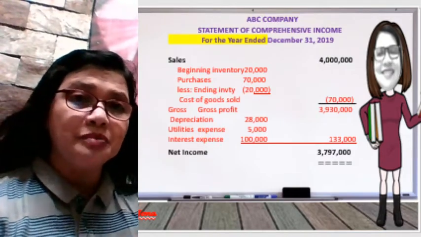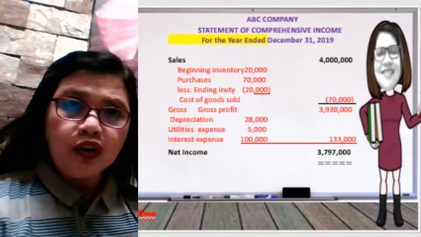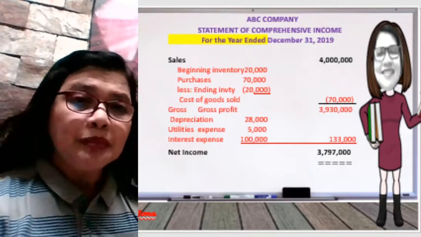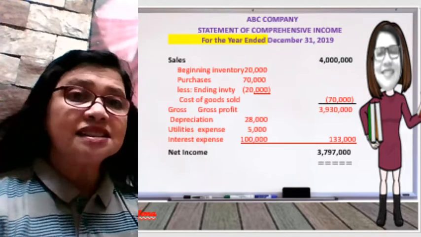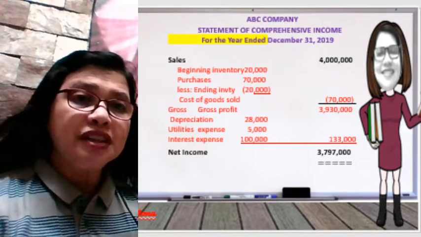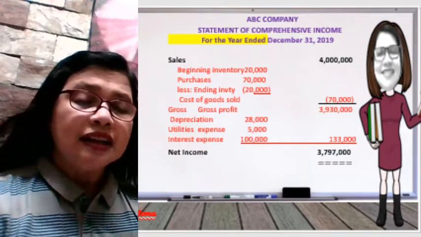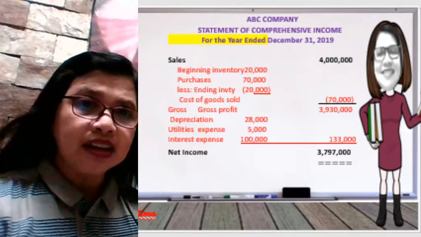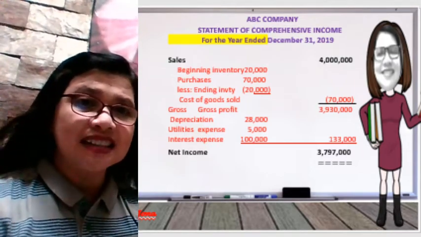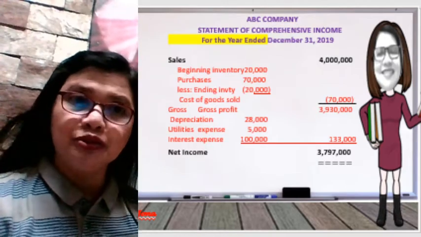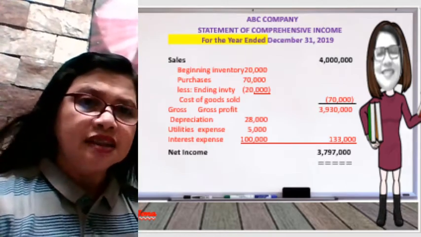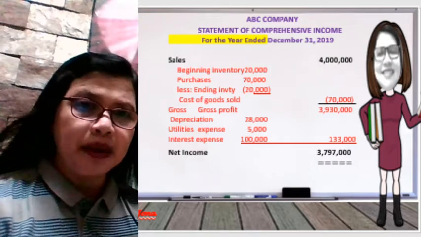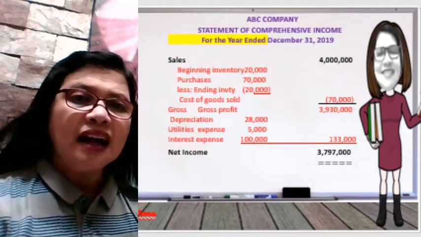It begins with the beginning inventory of 20,000 plus the purchases less the ending inventory, which will give you the cost of goods sold. Minus it from the sales, you get the gross profit. Minus the expenses. So we have here the depreciation. Don't forget the depreciation, the utilities, and the interest expense. So we will be having a